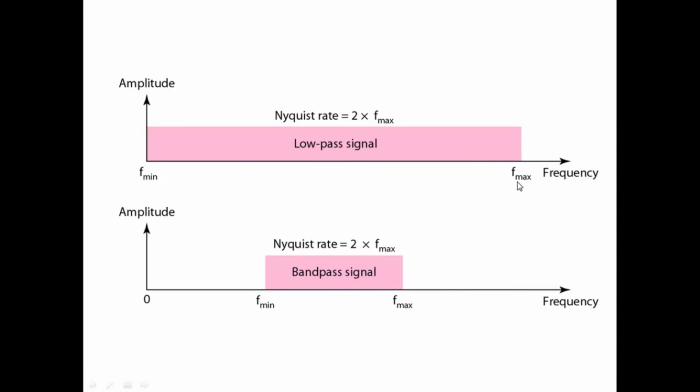After F maximum, the analog signal at the end of the sampling process will be zero. Likewise, for a band pass analog signal, the message is between F minimum and F maximum, and between 0 to F minimum and between F maximum to infinity it will be zero. So within this frequency bound only we are going to have sampling. This is what the sampling theorem tells. So next